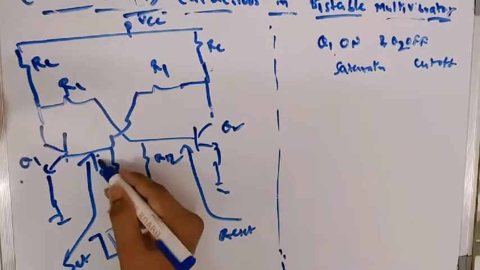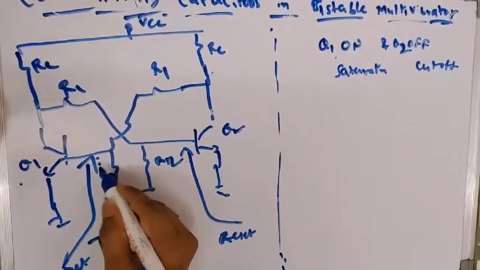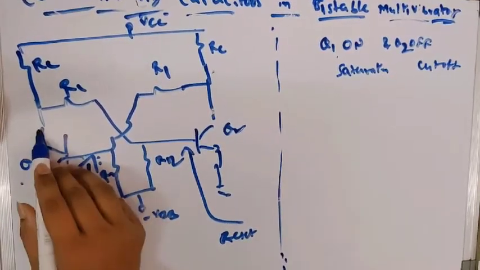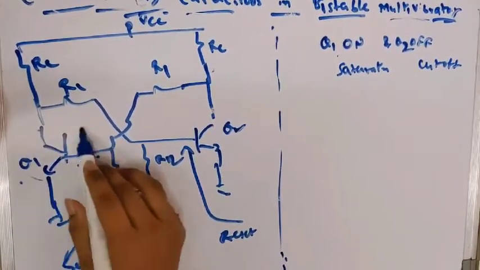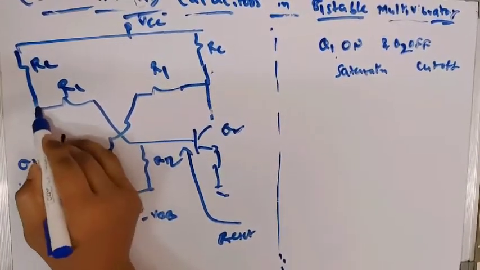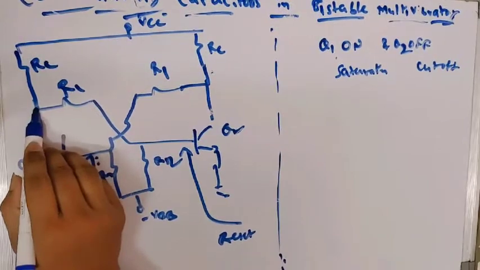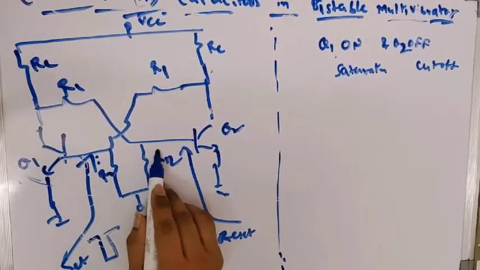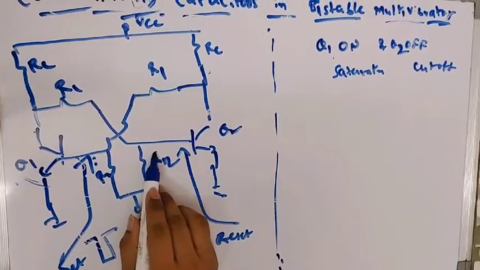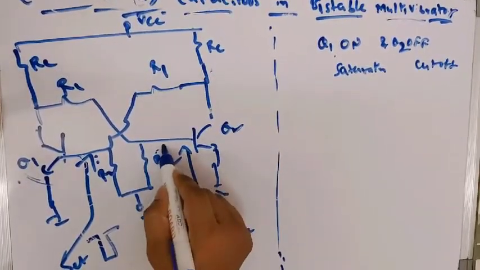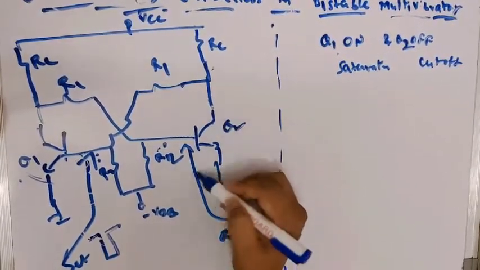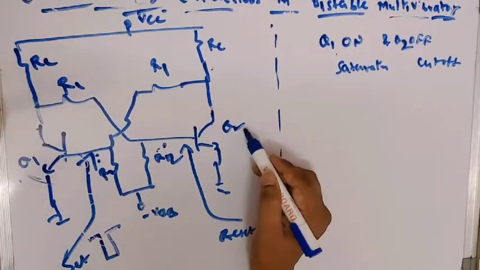For example, when a negative pulse is applied to the transistor Q1, the base voltage decreases, so the base current decreases. If the base current decreases, the collector current decreases. Collector current decreases means this transistor enters into the cutoff region, and the potential at this point rises. When the potential at this point rises, the voltage applied to transistor Q2 also rises. This we discussed in the case of bistable operation. If this potential rises, the base current rises and the collector current also rises. Q2 enters into the on state, the saturation region.